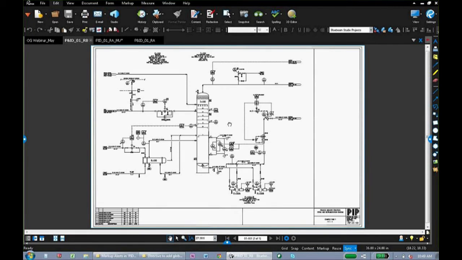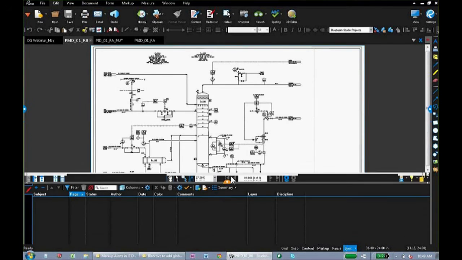I've got this document. I know that I have to compile the comments from multiple commenters. I have at that point emailed out the document. They've marked it up on their own. Maybe they've used Bluebeam Revu or another PDF markup application. They've then emailed it back to me. Well, now I have 3 separate sets of markups that I need to compile onto one document. I can use a tool called Import Comments to be able to bring all of those comments in together at the same time. To do that, I'm going to go down to the Markups list,